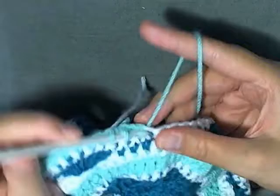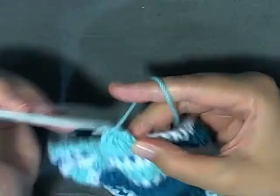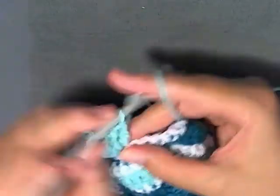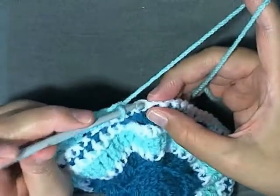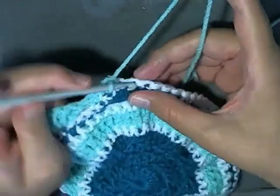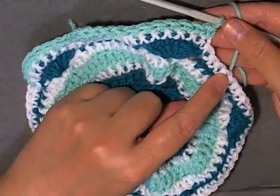double crochets. 1, 2, 3, 4, 5, 6, and 7. Now you want to skip 3, and in the 4th, do a single crochet, and do a single crochet in the following 6 stitches for a total of 7 single crochets. 4, 5, 6, and 7. And then you'll skip 3 again, and in the 4th you'll do 7 double crochets in